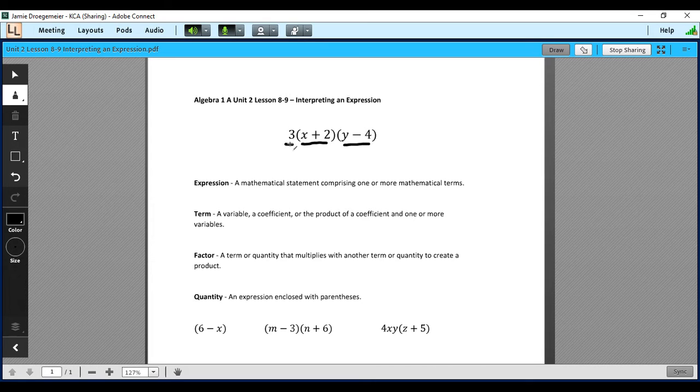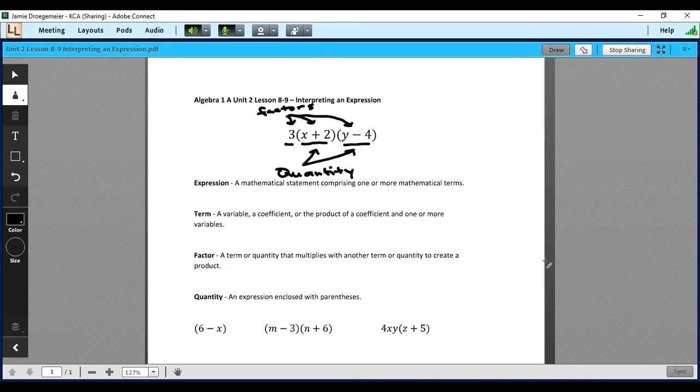All three of these, the 3, the x plus 2, and the y minus 4, would be considered factors, because they're all being multiplied together. So if I'm asked to identify the factors, all three of these, 3, x plus 2, and y minus 4, would be considered factors. The x plus 2 and the y minus 4 are considered quantities. So what we want to be able to do in this lesson is identify factors or quantities